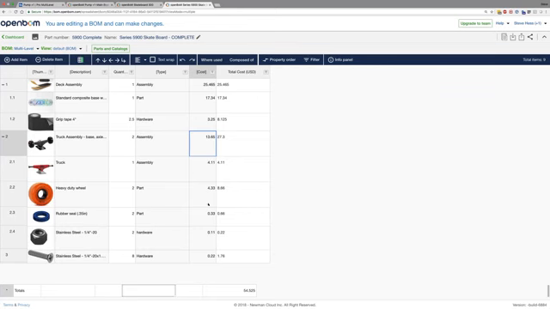This is another example, even a better example here, of the cost roll-up capabilities. So we see that a wheel is $4.33. We know that there's 2 of them on each truck assembly. That turns out to be $8.66.